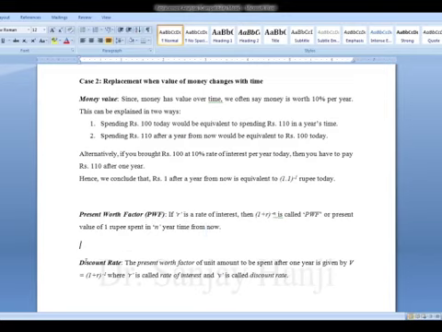Now there is one more concept we need to understand, that is discount rate. Discount rate is the present worth factor of unit amount spent after 1 year. It is given by V. Okay, so V is equal to (1 plus R) raised to minus 1. Now this is called as the discount rate, where R is the rate of interest and V is the discount rate. Okay, so calculating discount rate when R is given is very important in the problems. We need to remember this formula. V is equal to (1 plus R) raised to minus 1.